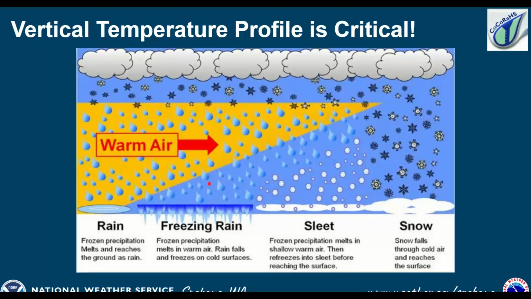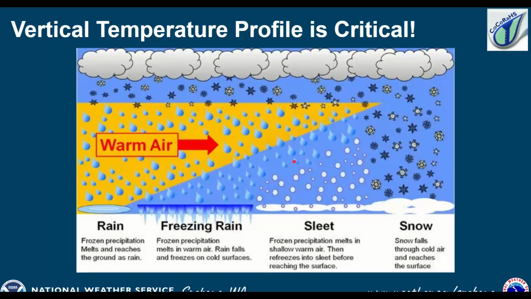So when we have that warm air moving in, but our surface temperatures are still below freezing, we will get the rain falling, but it turns to ice once it hits. And that is called freezing rain, and it's very treacherous to drive through. Very dangerous conditions.